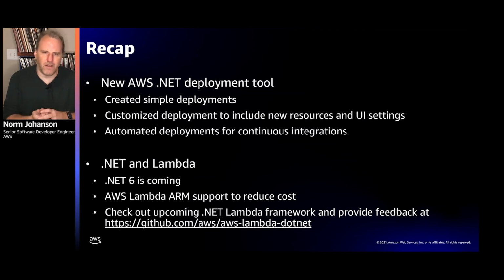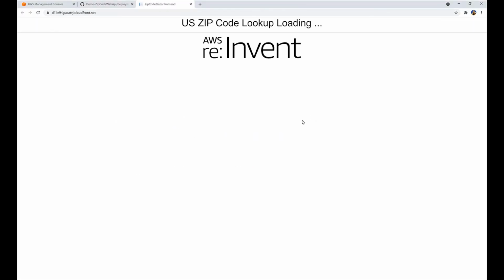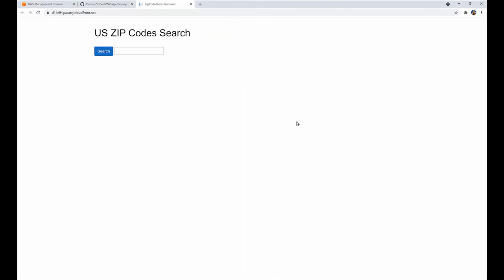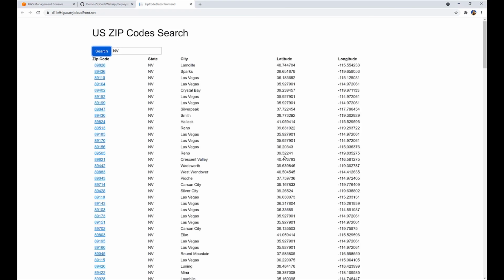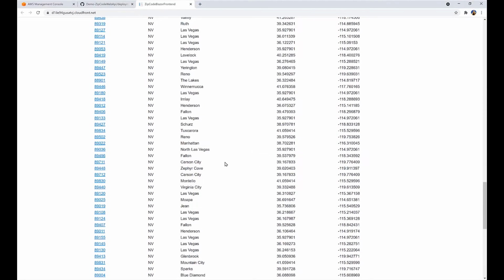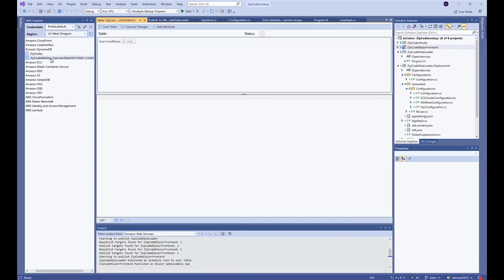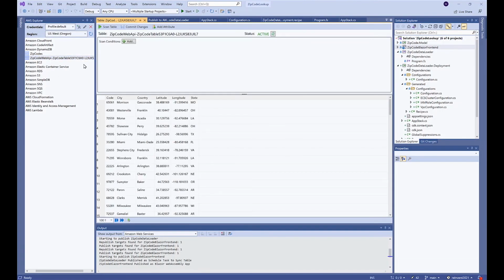In fact, I think by now our deployments should be done. So why don't we step back in the browser and see how things are working for us. Here is our deployed front end actually out there. Let's click on that. Yep, loading up our Blazor application. Let's see, we are going to be in Nevada, so let's look at Nevada zip codes. And yep, we must have got all of our data loaded into our table. Here is all of the zip codes for Nevada. And so just to confirm, if I look at my table, that it's been loaded up here.